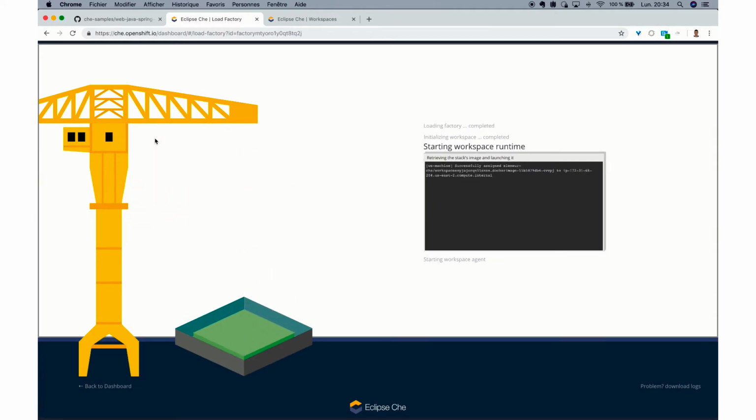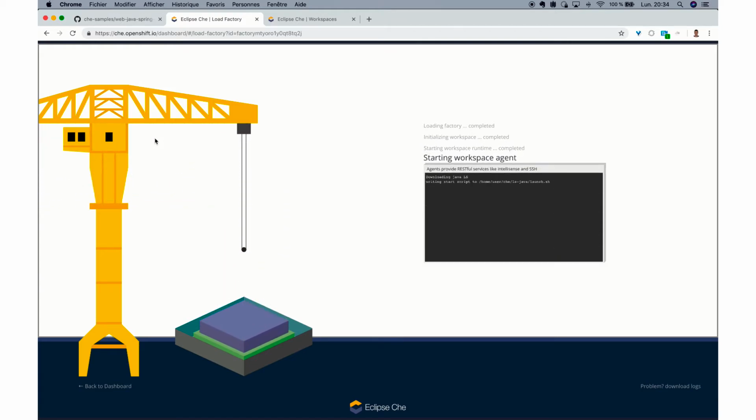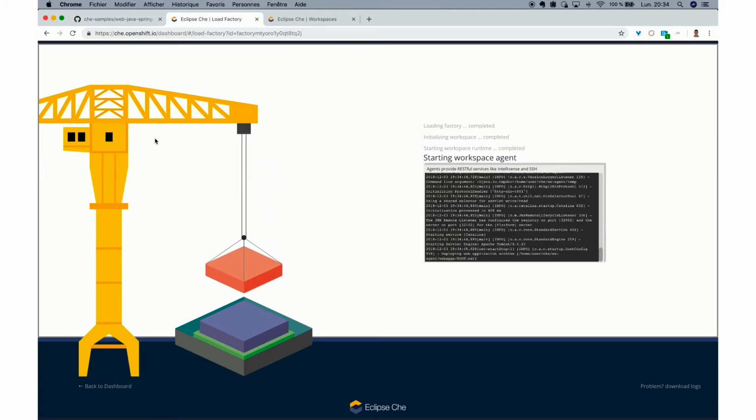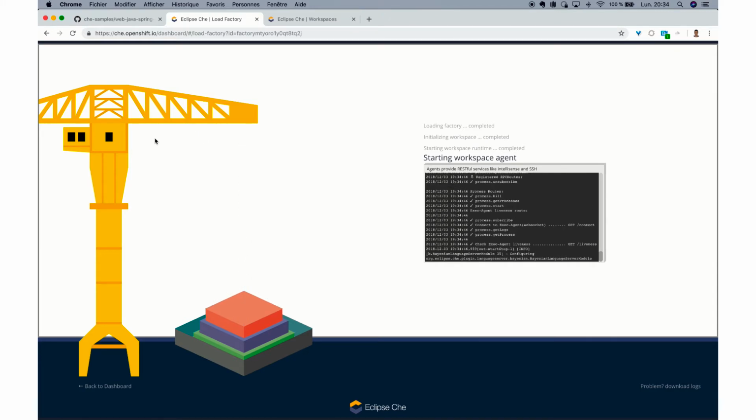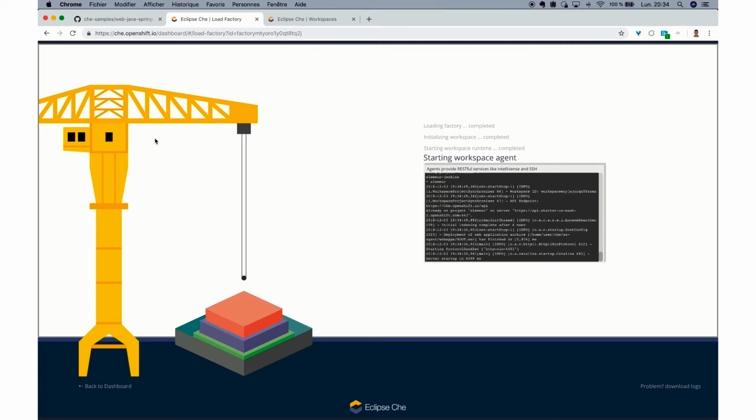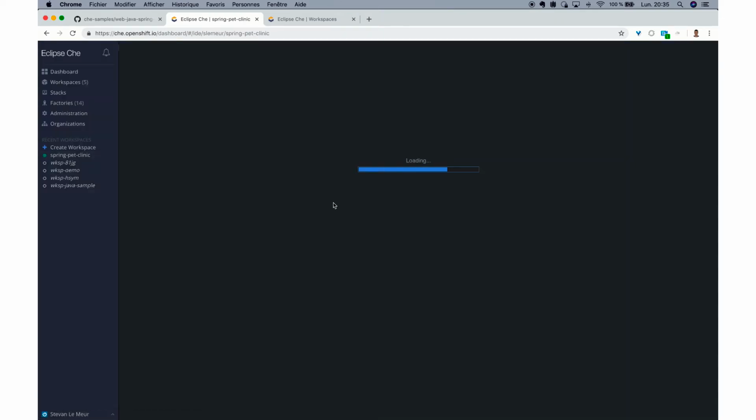Inside the developer workspace is all the dependencies that are needed in order to build, code, run, debug, and test the project. With Eclipse Che, all the runtime dependencies are packaged inside containers. What's happening here is that the containers are being pulled and the tools are getting started inside the containers. This allows you to interact with the source code from the browser-based IDE. As the IDE loads in the browser, it clones the source code and starts the Java tooling.